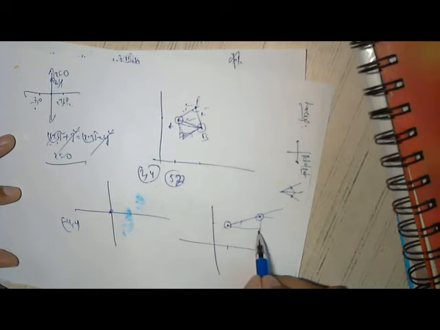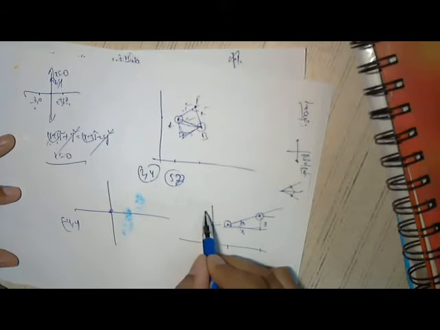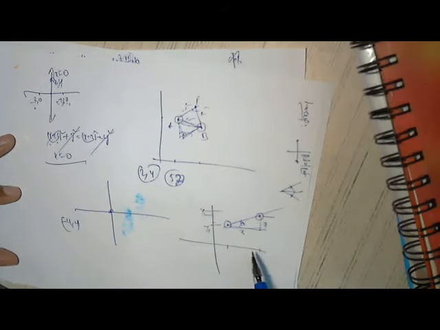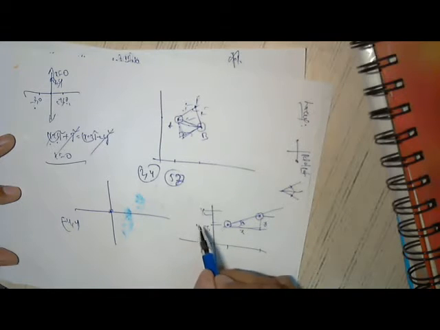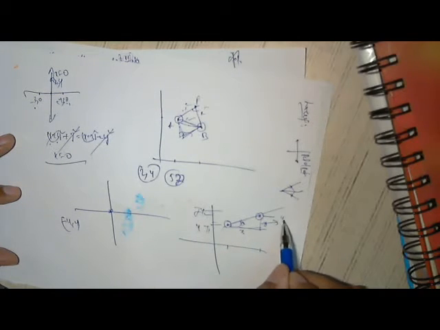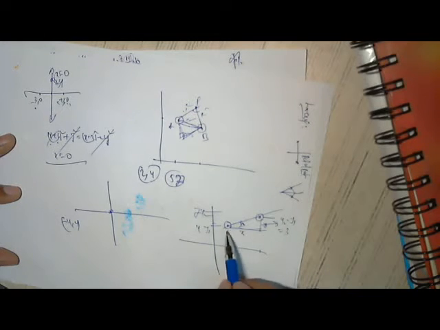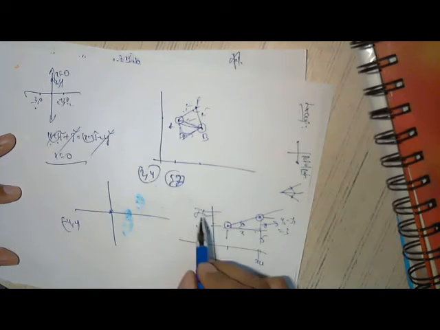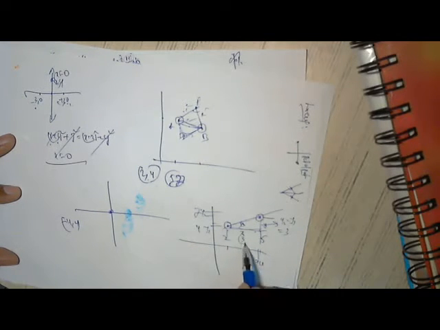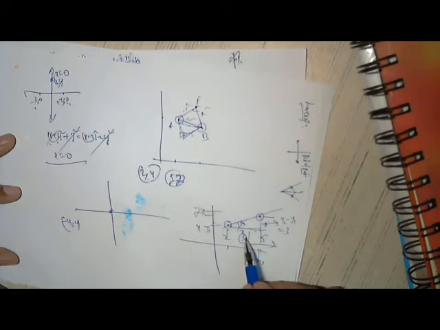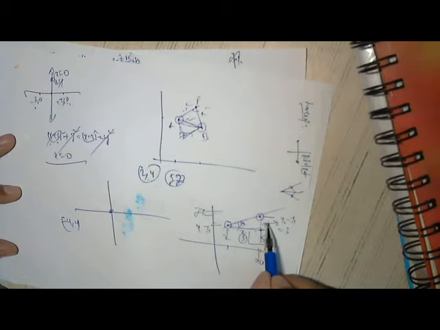So what is the difference? Tan theta is y2 minus y1 by x2 minus x1. Here y1 is 4, y2 is 7, so this distance y2 minus y1 is 3. This distance is x2 minus x1, where x2 is 5 and x1 is 2. 5 minus 2 is 3. So the slope is dy by dx, the change in y by the change in x, or y2 minus y1 by x2 minus x1.